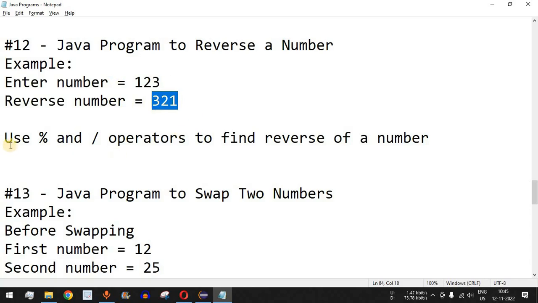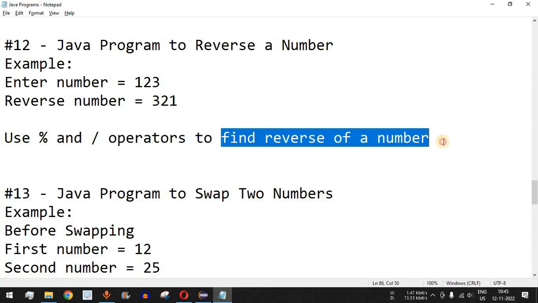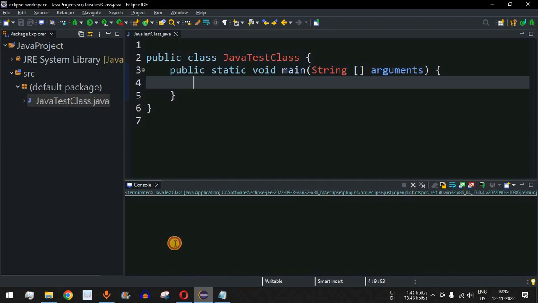So what will be the logic? We will be using the percent operator, that is the remainder operator, in order to find the last digit of the number, and also the divide operator in order to reduce the number of digits inside the number. So these two operators will be used in order to find the reverse of a number. So let us move to the Eclipse IDE